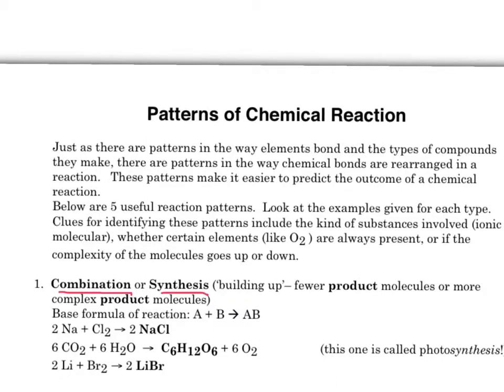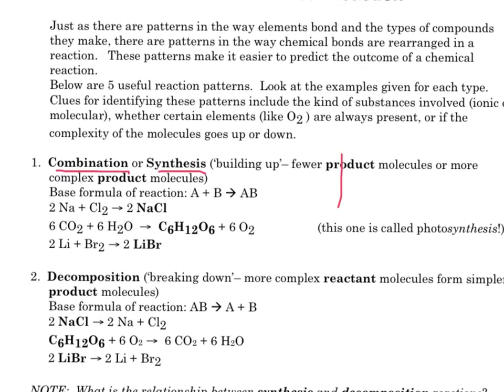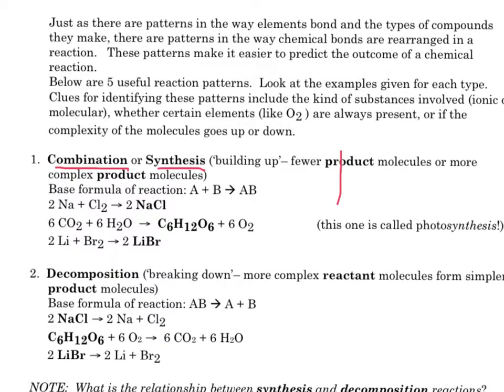small reactants, and we stick them together to make a bigger product. This is characteristic of having maybe only one product on the right side of the equation and a couple of reactants on the left side. So a couple of examples that we have for you to look at. First off, we have Na and Cl will give us NaCl, and I do want you to fill those in